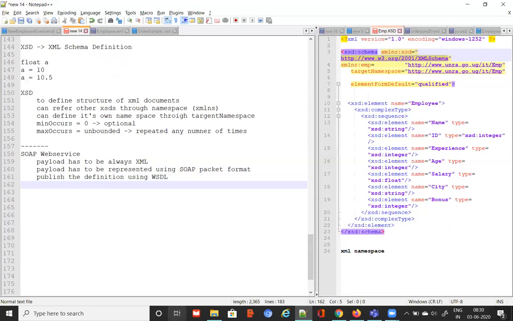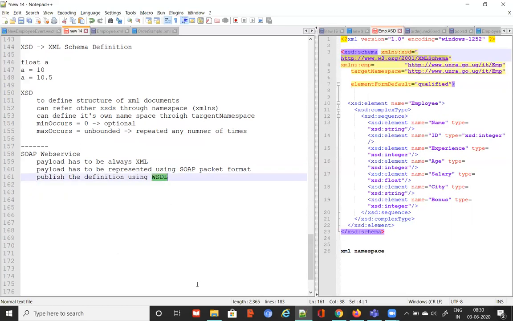So when you are writing any operations or any web service, the web service has some definition. Definition is nothing but specifications. What is the operation name? What is the operation input? What is the operation output? How many operations are there in this web service? What are the types, etc.? All those things you are going to expose or publish with the help of a document, WSDL.